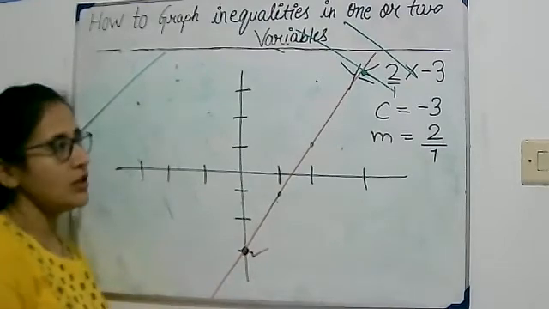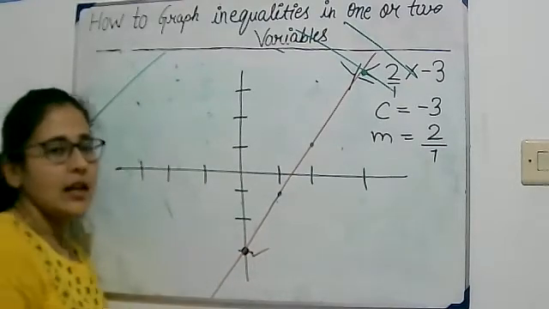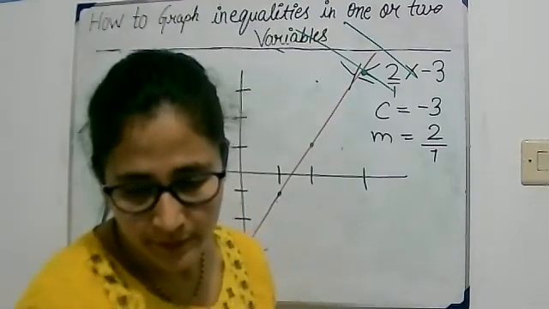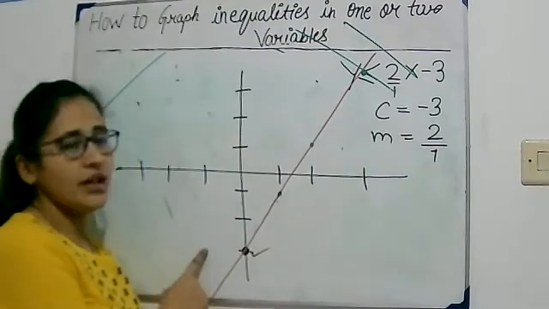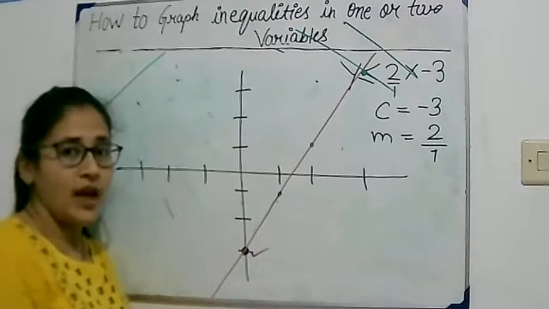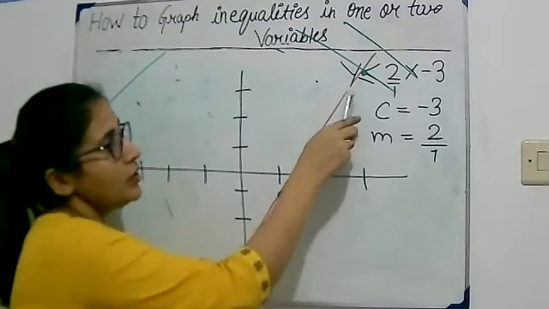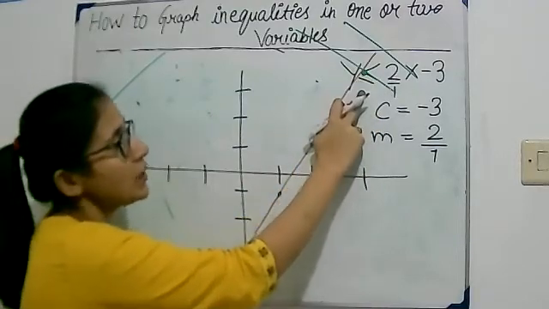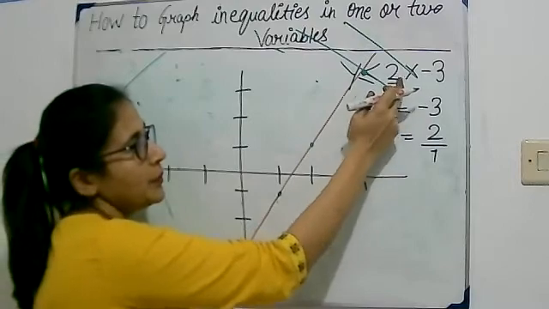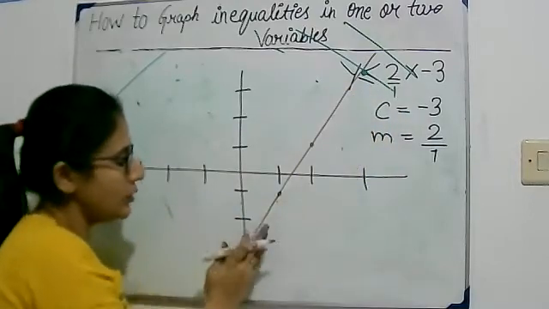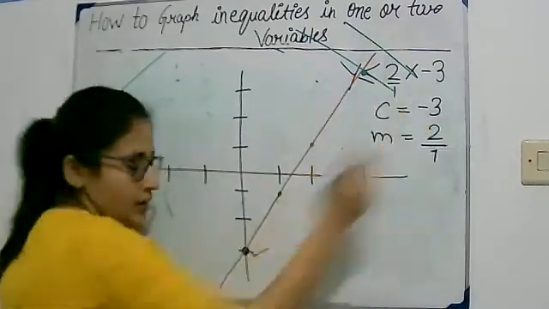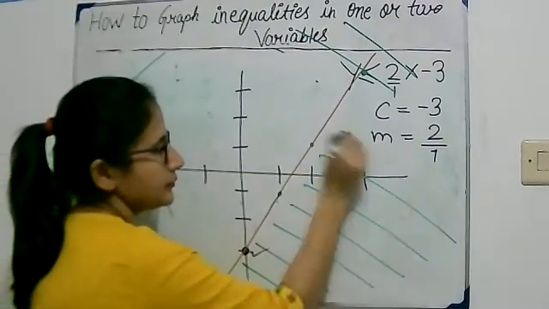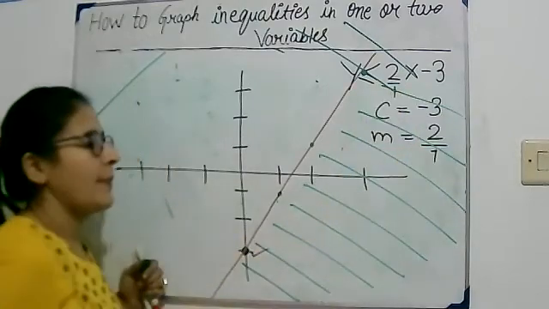So this is the question with two variables. Let's solve some more critical questions. Here we have to shade the region also. I forgot to tell, we have to shade this region. What region do we have to shade? Y is less than or equal to, so the region which has lesser, smaller values. So we will shade this region like this.